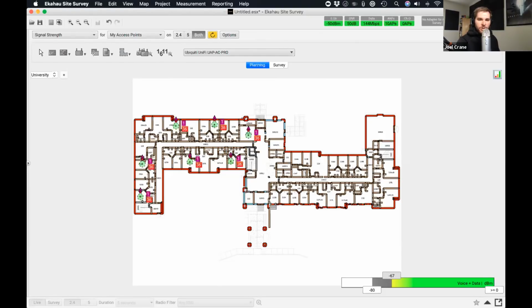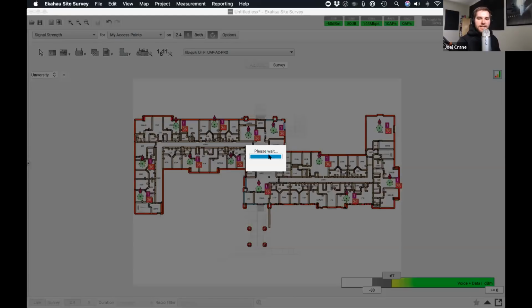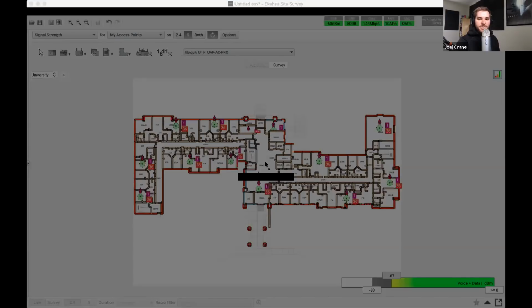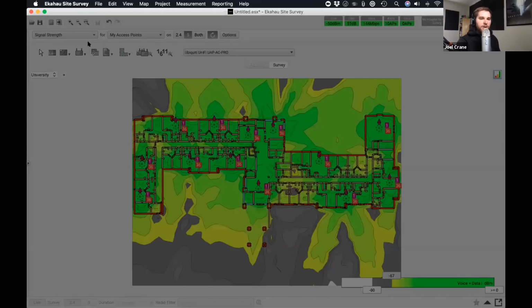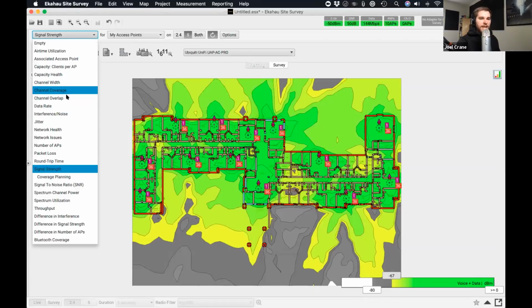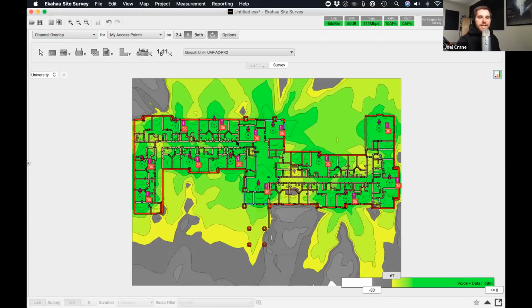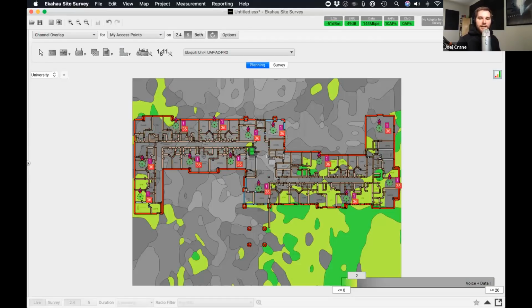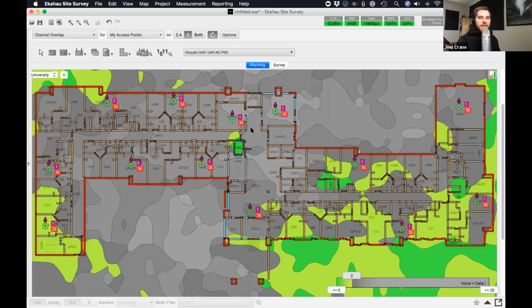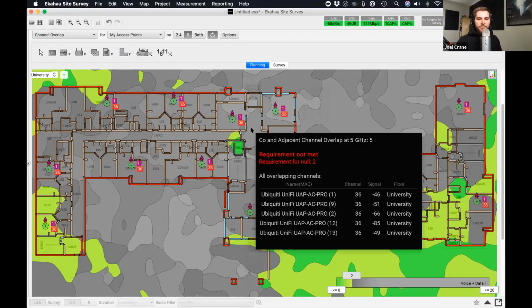This is total guesswork as to whether these are good locations or a good amount of APs or not, but I just want to be speedy and quick here. If we look at that after I place a bunch of APs, it's going to look really happy from a signal strength standpoint. But if we go look at the channel overlap visualization, basically how many APs are sharing a channel in each specific area, anywhere that's gray is where we have 2 or more APs on the same channel. So for example, this spot right here, there are 5 APs sharing the same channel above negative 85 dBm there,